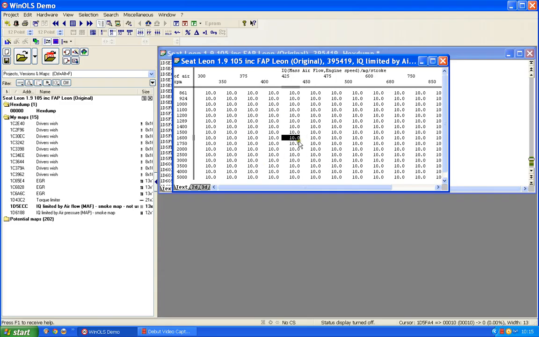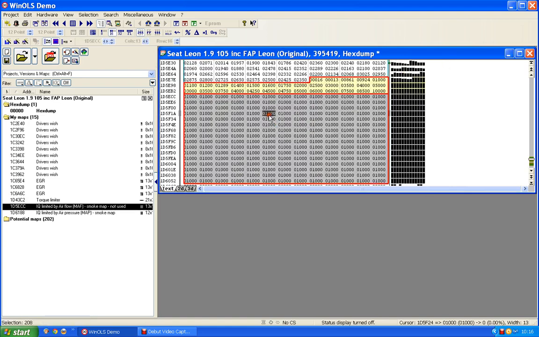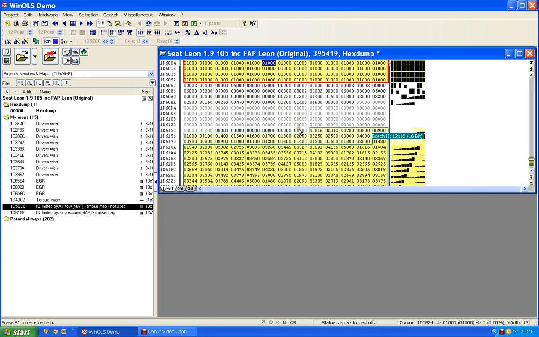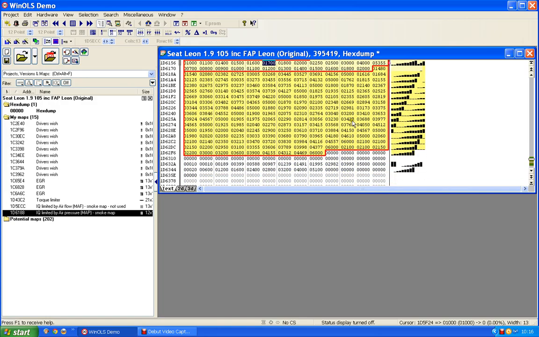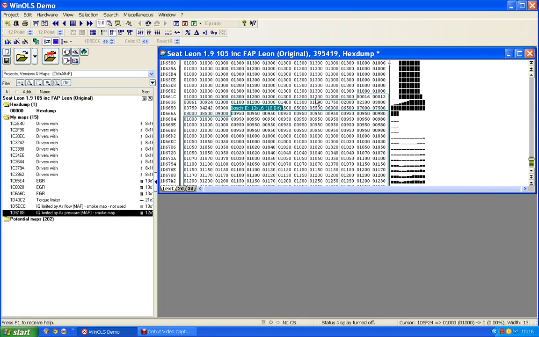At a later date I may go into showing people how you can work out roughly whether a map is being used or not being used. It's not an exact science, but you can sometimes pin it down. Okay, so there you are. You've now got two possible smoke maps. You've got a MAF smoke map and you've got a MAP smoke map, and it looks as if it's the MAP smoke map that's being used. So it looks like that one's not being used and this one is, which still leaves us with